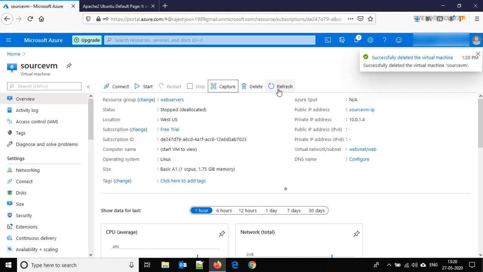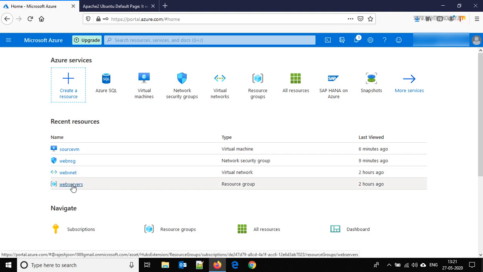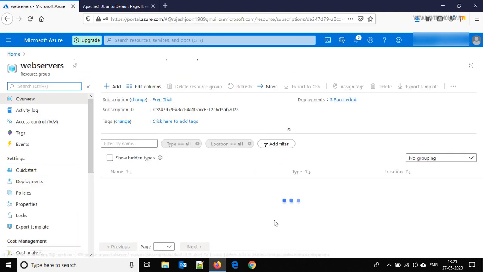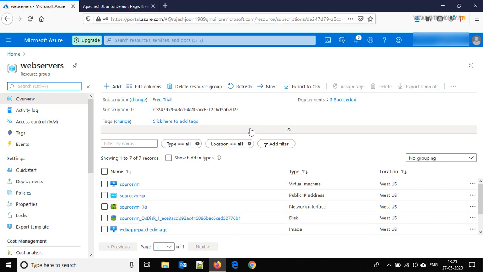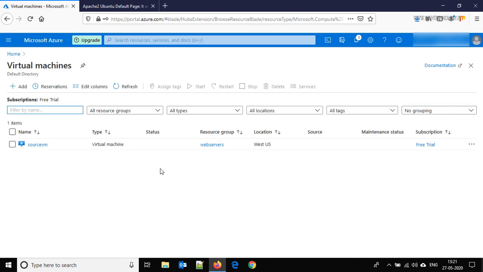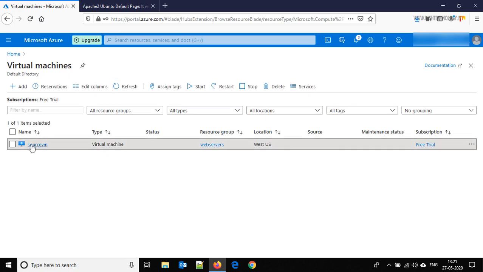Done. Refresh. Let's go back to the resource group and just refresh. Go to the virtual machines and refresh it here. Let's click on this.